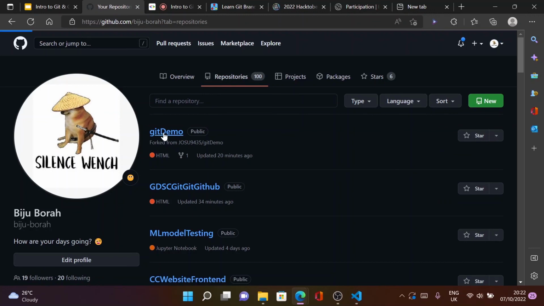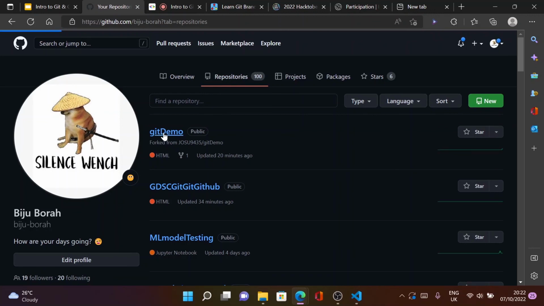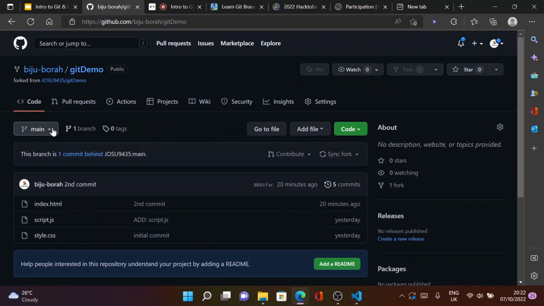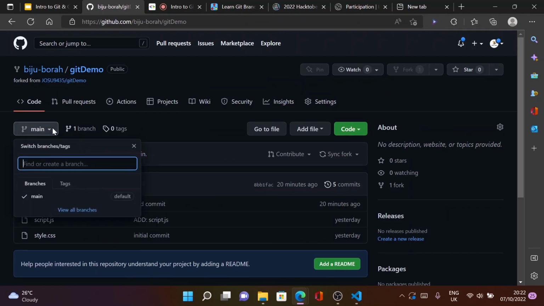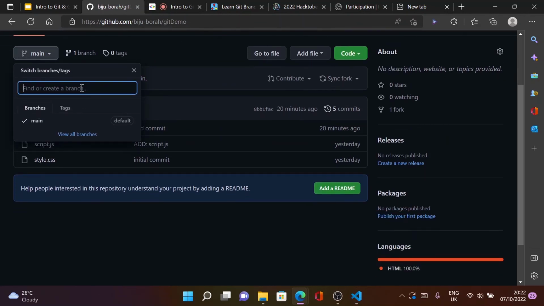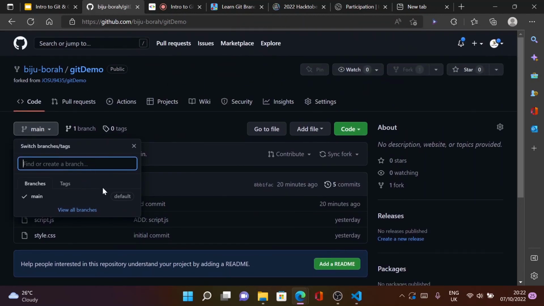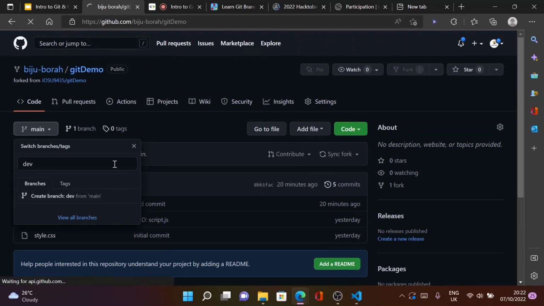Okay, a pull request is not only limited to your friend's repo. You can do a pull request to your own repo as well. So suppose I'm creating a branch here. This is my own repository. I'm creating a dev branch. Okay, so I have created a dev branch,